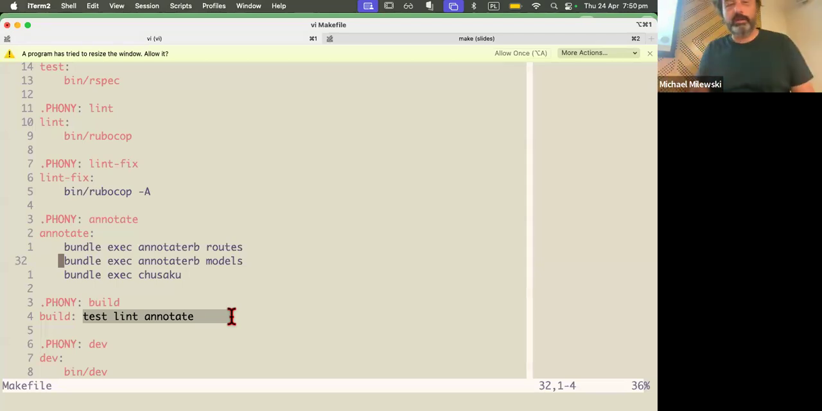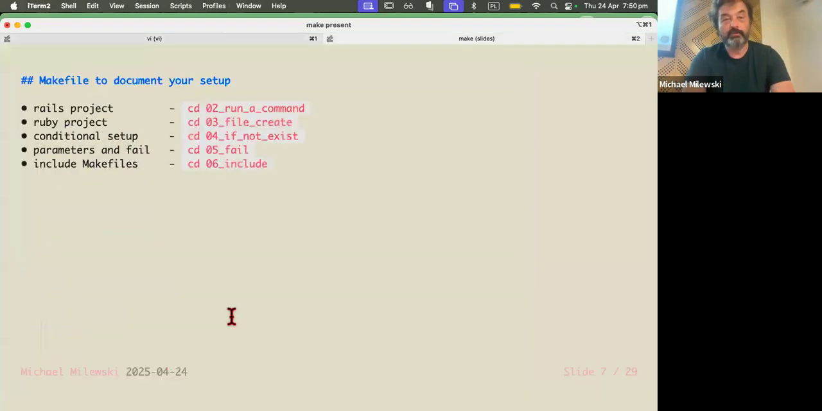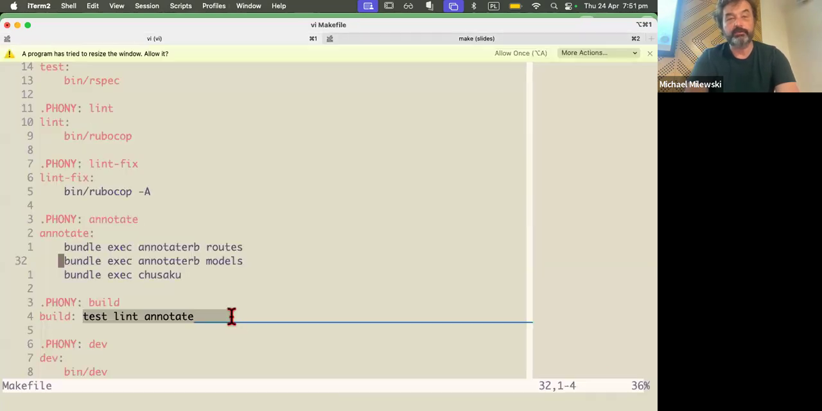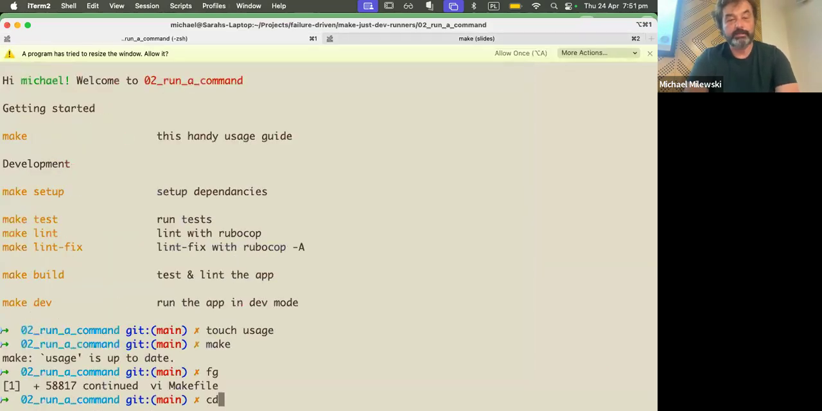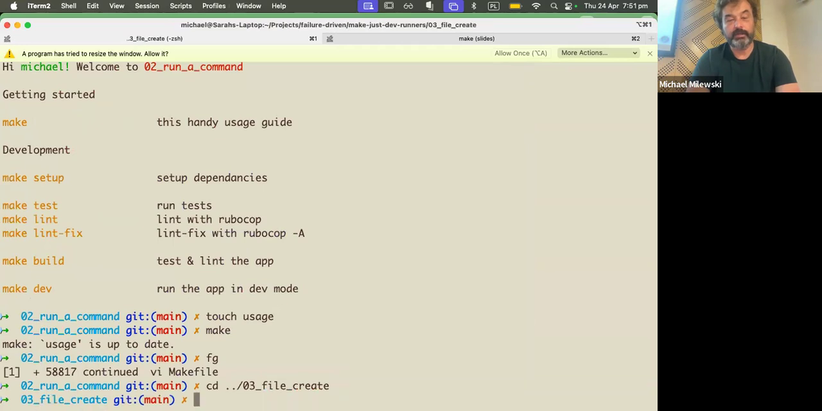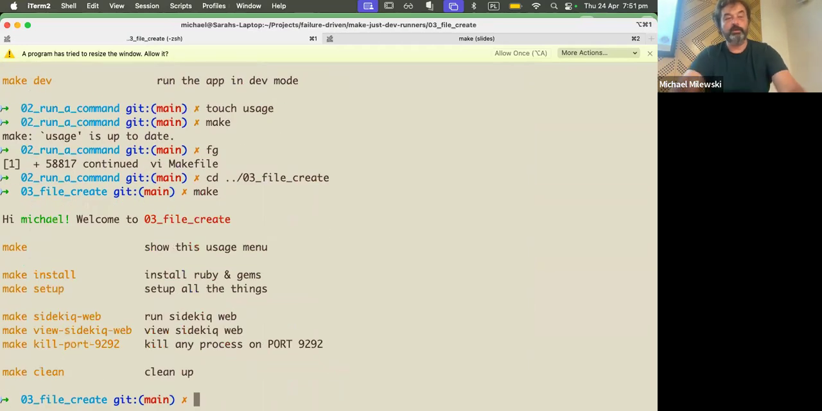And that one command could work across everything. All right, so we got how to run a command. Next, file create. CD 03 make. Cool. I can do some things. Sidekick. Amazing. All right. So presumably I make